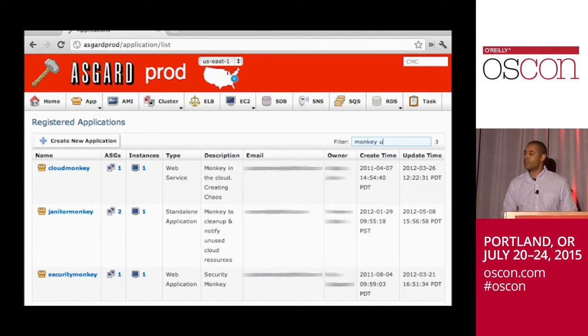Asgard was a great success. It's still being used today. The challenge is some teams came to us and said, Asgard is great, but I want these new features. And engineering tools historically said, we don't have time to do that, or we're doing something else. So these teams at Netflix went off and built their own deployment tools to handle this problem.